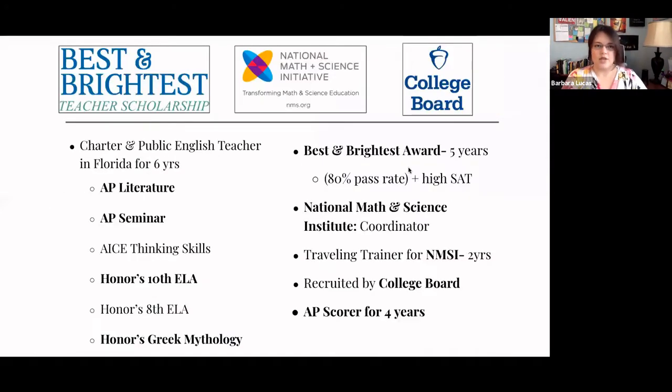So after college, I ended up teaching public and then charter schools in Florida for 6 years. Needless to say, I was pushed toward a lot of the higher level courses because of these strong pass rates. I taught AP Literature, AP Seminar, ACE Thinking Skills, which is actually through the Cambridge ACE program as opposed to